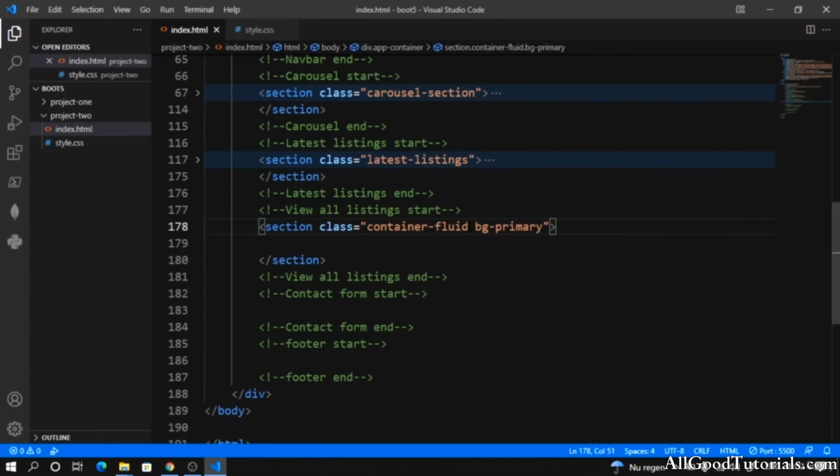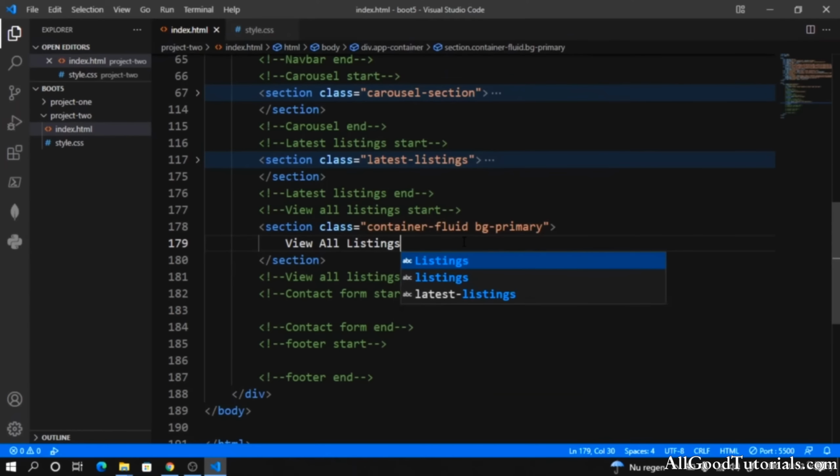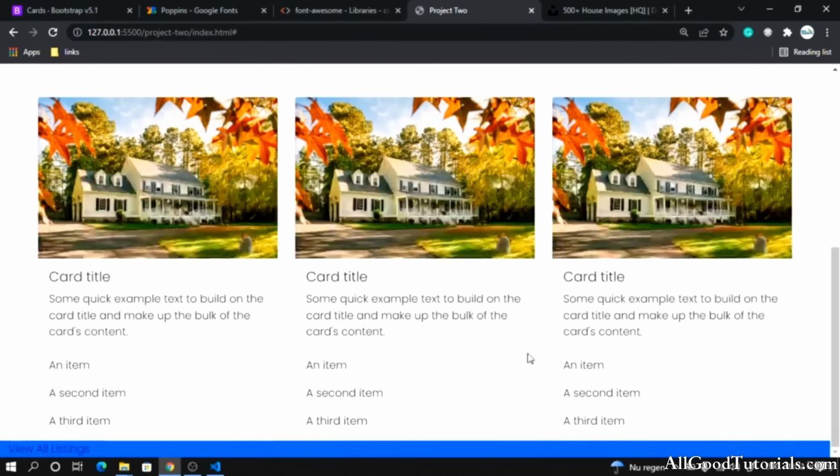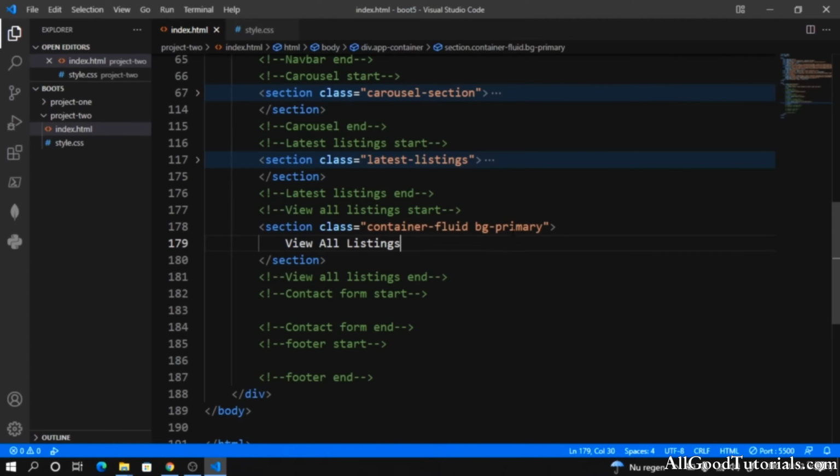We can give any color we want, or any image as a background, or any gradient as a background. For now I will keep it simple. So here what I want is, I want to just write some text. For now, view all listings. So if I go, I see this section here, but it is very small, so it's not taking any height or width. So I'm going to give a class here, all listings,